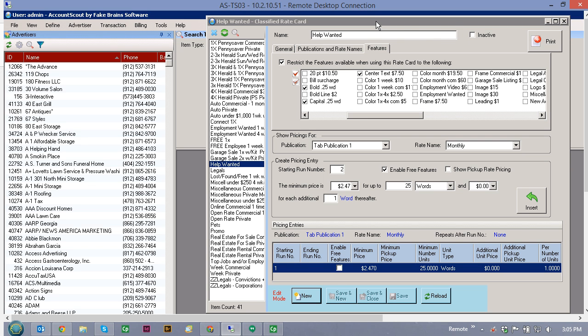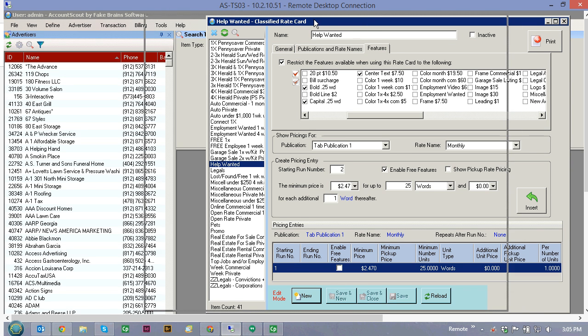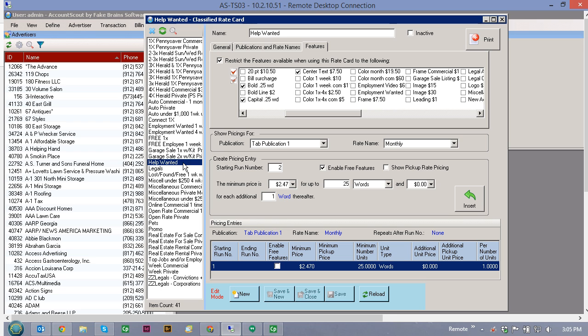And we're going to take a look at this classified rate card for Help Wanted. And we'll see what features are applied. Now we just took a look at frame. So let's add frame as a $7.50 one-time charge for the Help Wanted ads. So in order to do that, right now we're on Publication tab,